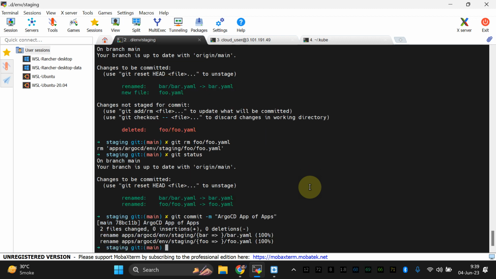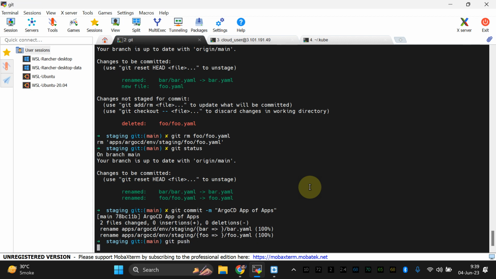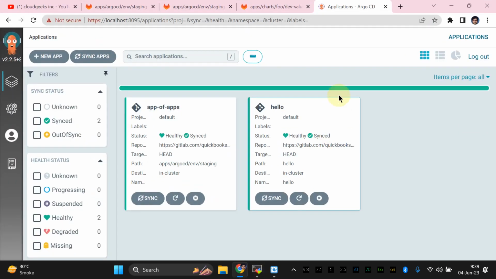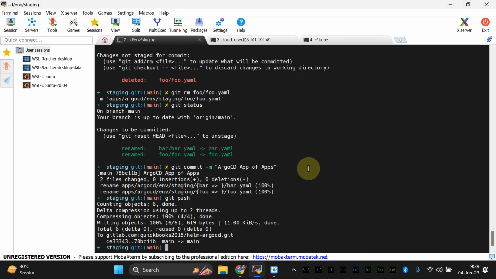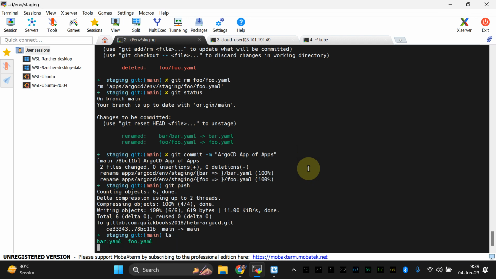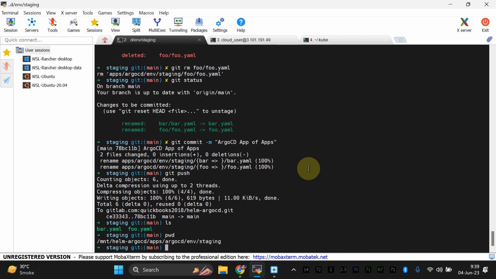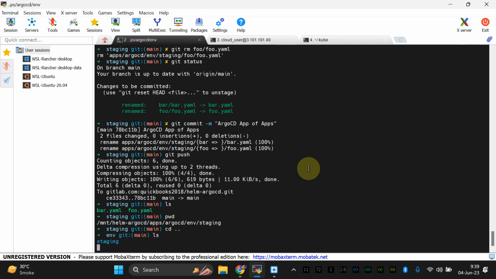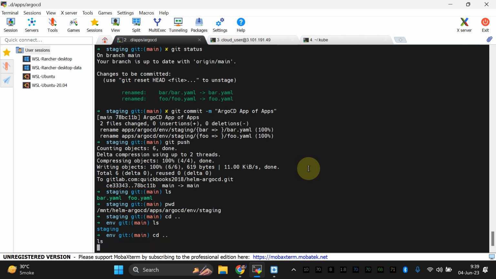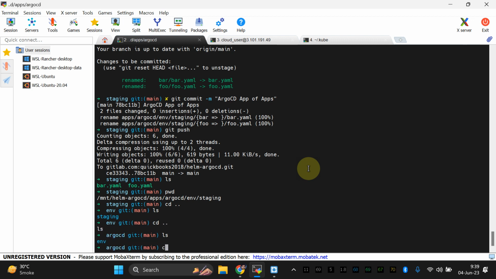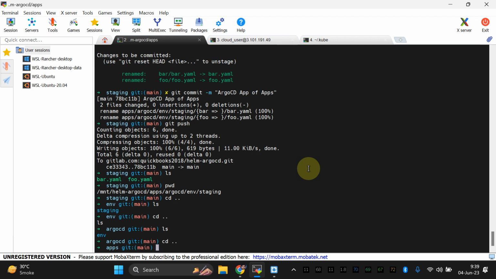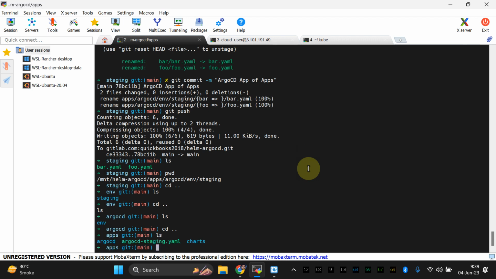Now what I'm going to do is commit and let's do git push, right. So when I get back to this section, I'm going to show you shortly. So let's try to fix this error. This is PWD, this is the staging environment. And if I do cd back to this directory, where we have our ArgoCD staging YAML file, so let's try